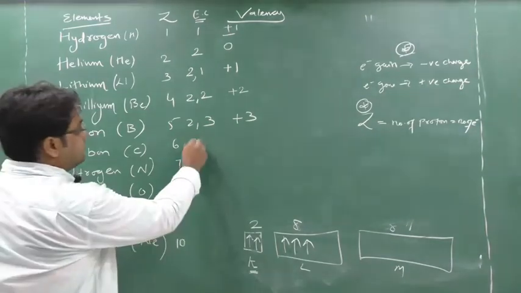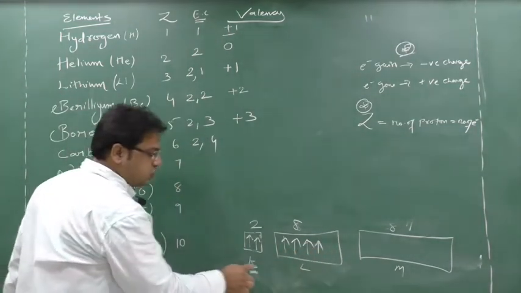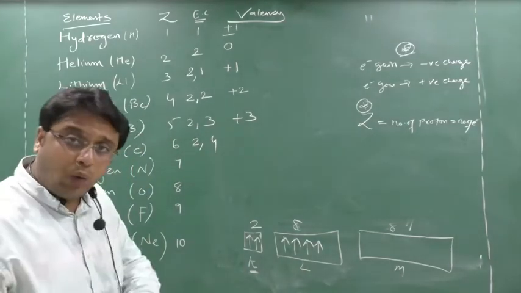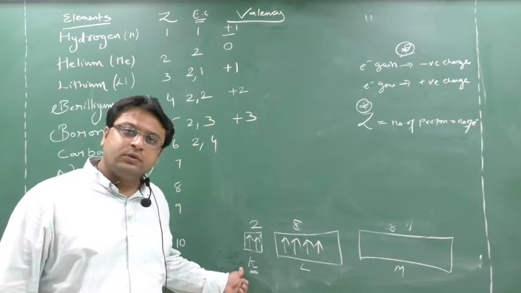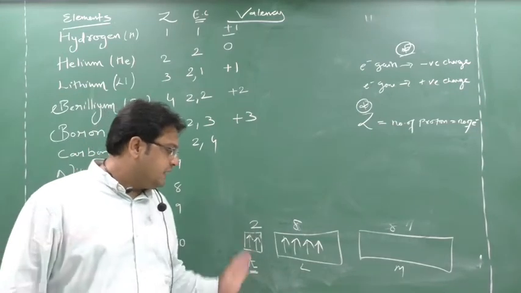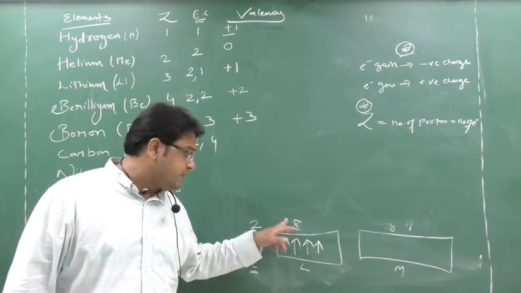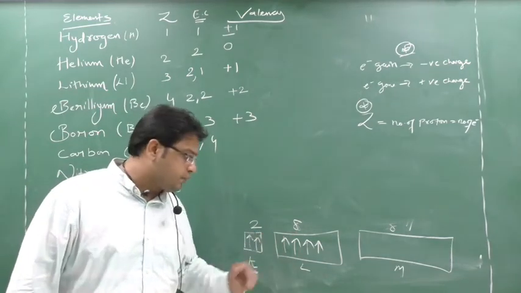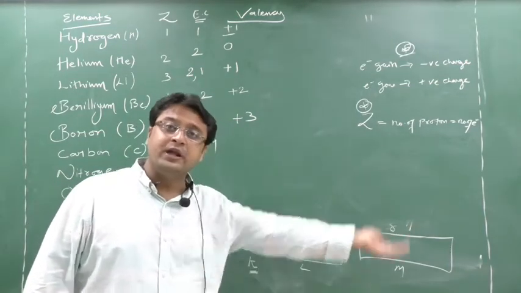Next come to the carbon. First room 2. Second room 4. Yes or no? So your first room 2, second room 4. Now again hotel wala will come and he will tell the K room. How many are there? 2. Okay, he is satisfied. Then he will come to the L room. In the L room, how many persons will the hotel wala require? 8. How many are there? 4. So he will tell this person, either you go 4 or you bring 4.